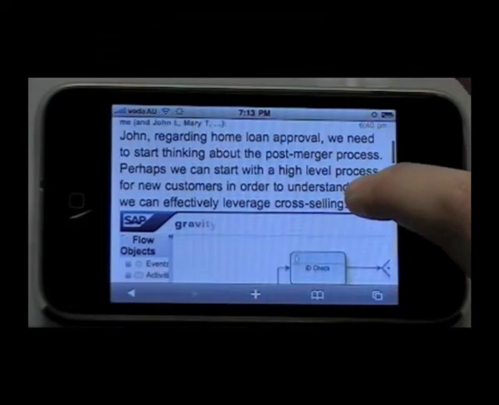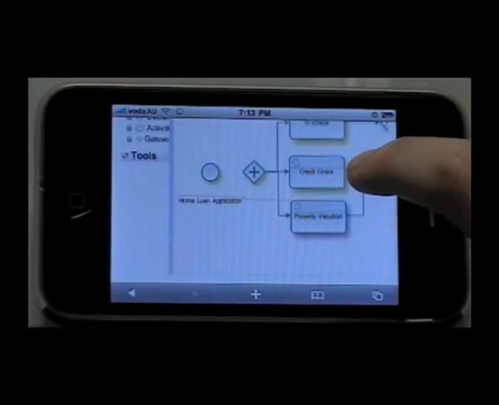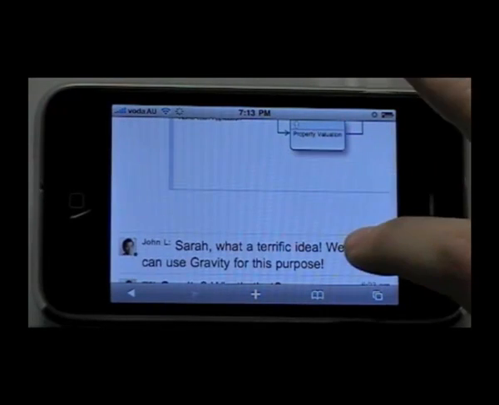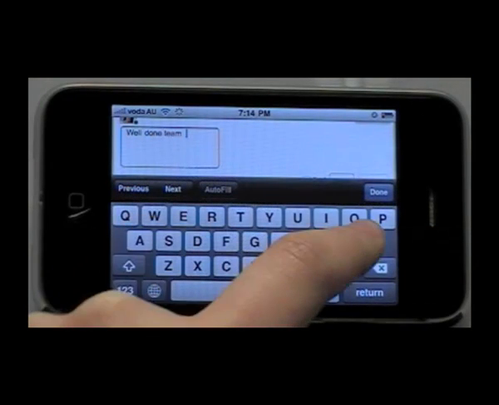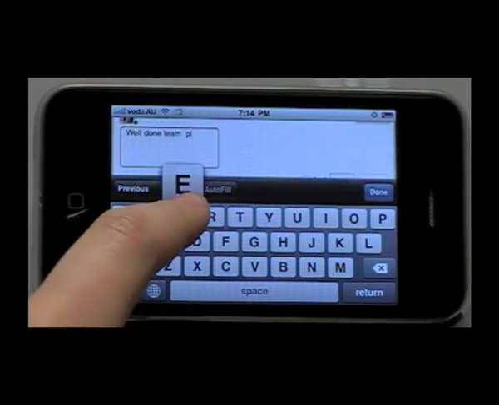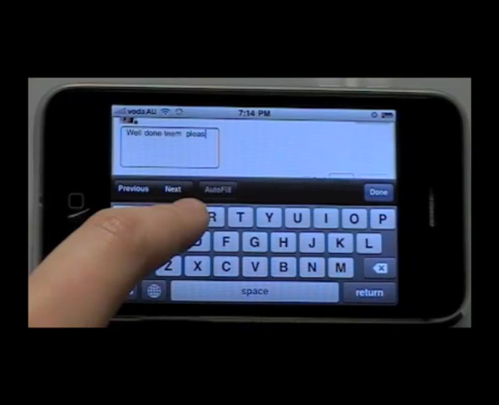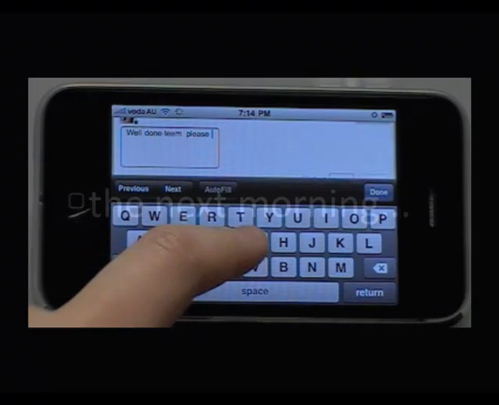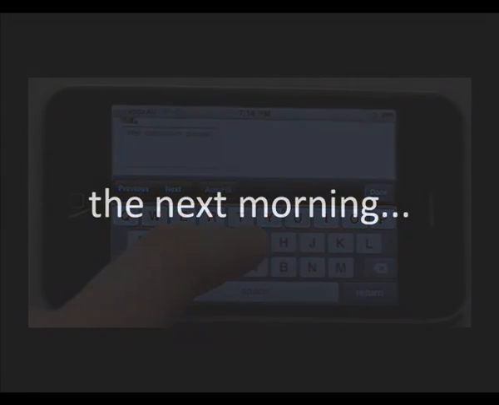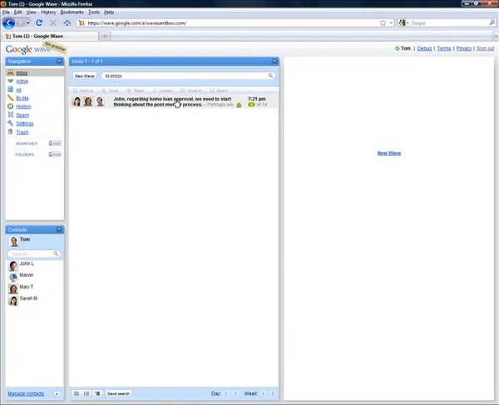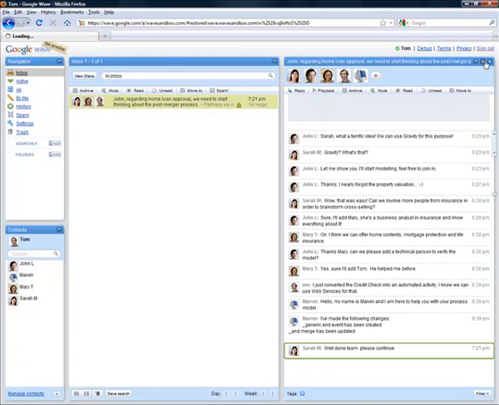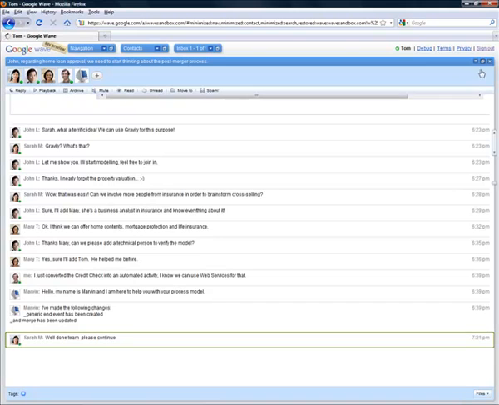Later in the evening, Mary uses her iPhone to open the Wave and check progress made since she'd logged off earlier in the day. She acknowledges the positive progress made by the team and gives the go-ahead for Tom to continue. The next day, Tom logs in to find the approval message that Sarah wrote